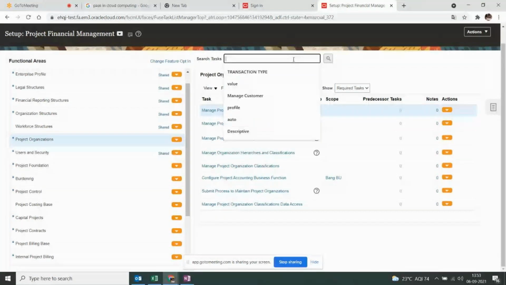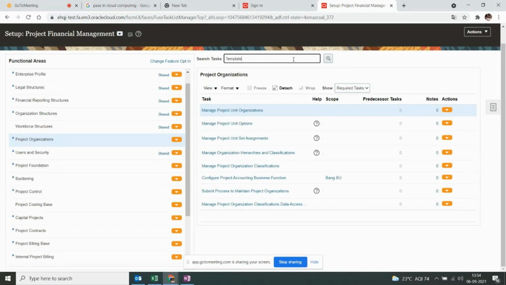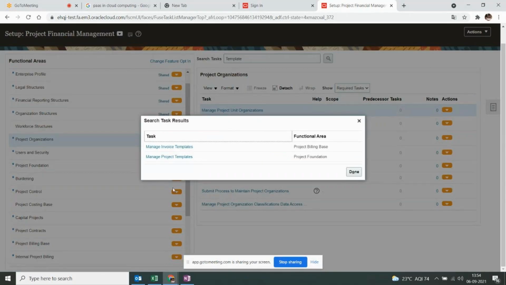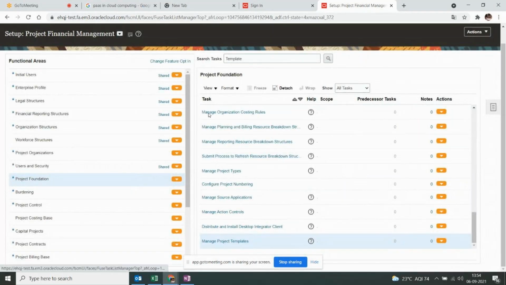If, for example, I want to search for a project template, right? I can search here for the task, and then if you click on search, you can see manage project templates available under the project foundation functional area, right? Then you can click on it, go to that particular functional area, and you will be directly redirected to the task.